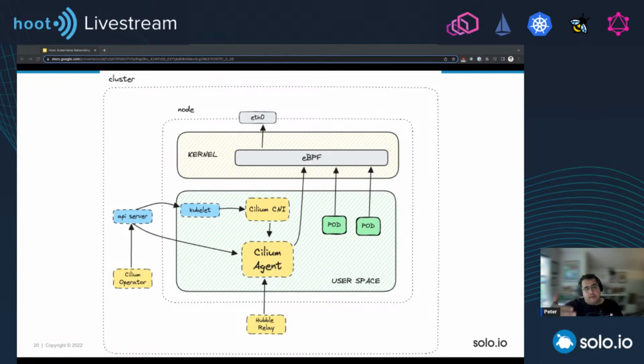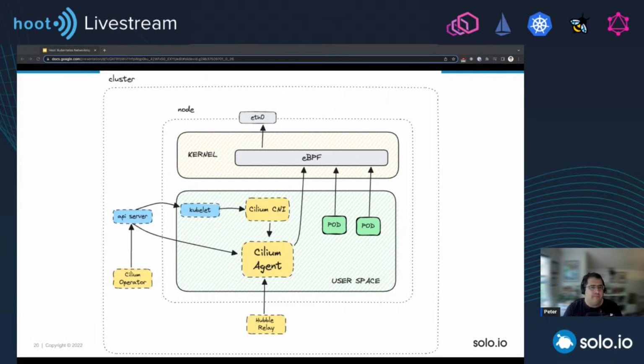Then on L7, the Cilium agent is also the one that's going to launch the Envoy proxy when needed. Whenever there's an L7 policy that we create, the Cilium agent is going to make sure to launch an Envoy proxy to process the L7 requests.